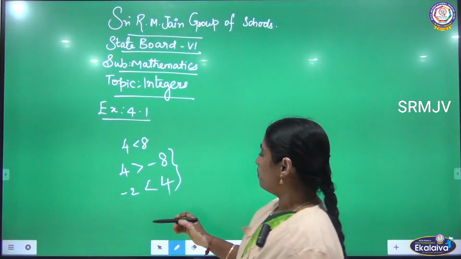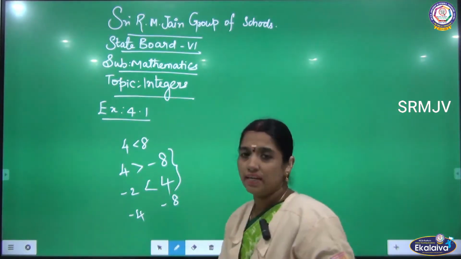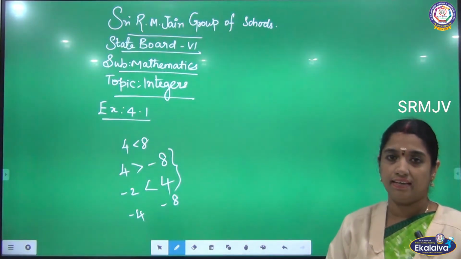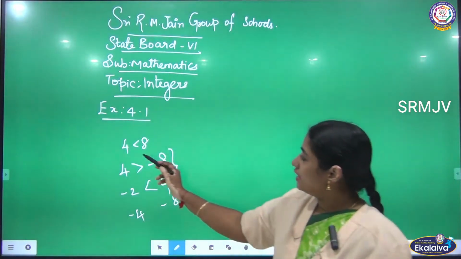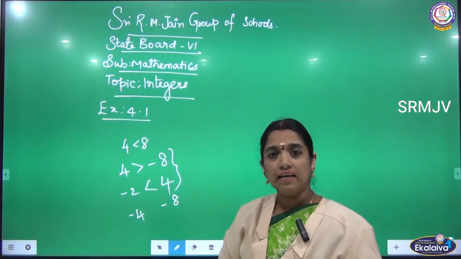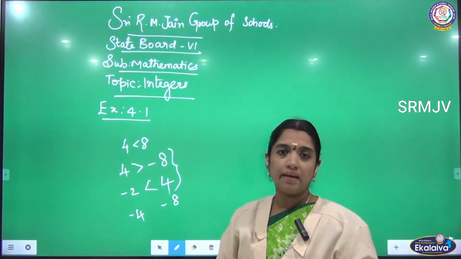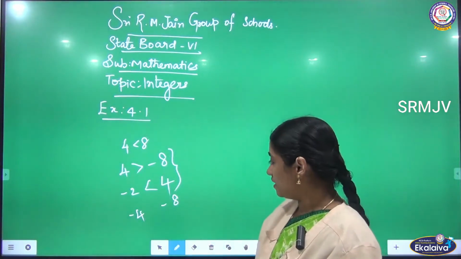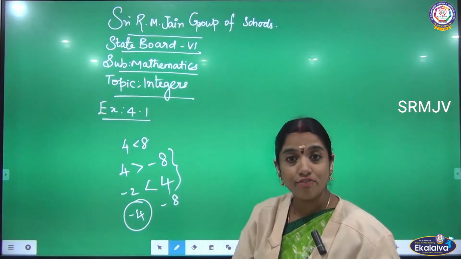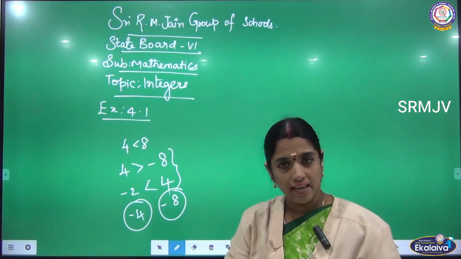Okay, suppose I am comparing a negative integer with a negative integer. See in this, which one is greater? Here you are comparing 4 and 8: 4 is a smaller number, 8 is a greater number, is it or not? Same thing when you are comparing in the negative. Listen my dear children, minus 4 is greater when compared to minus 8.